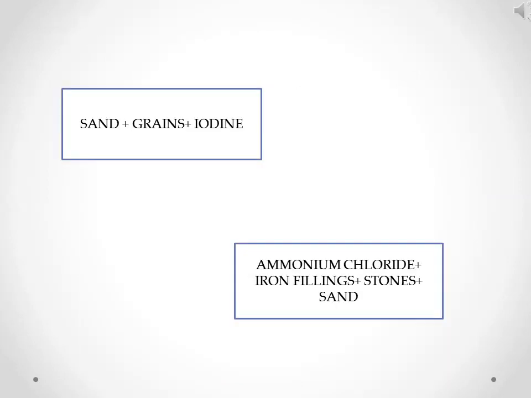Sometimes we may come across mixtures where the components are not just two in number, but it can be 3, 4 or many components in that single mixture. So to separate each and every component of that mixture, we have to use different suitable techniques in combination, so that in the end we get all the individual components.